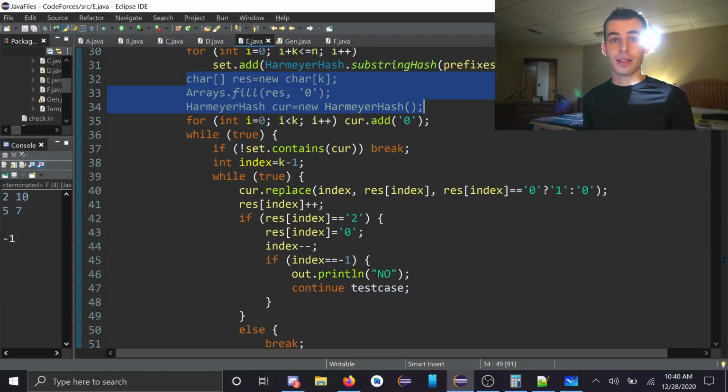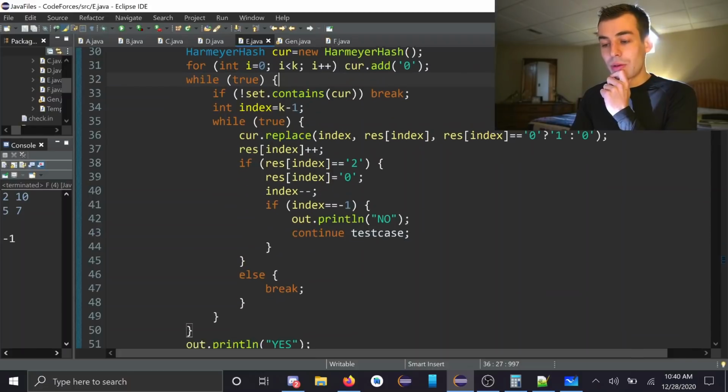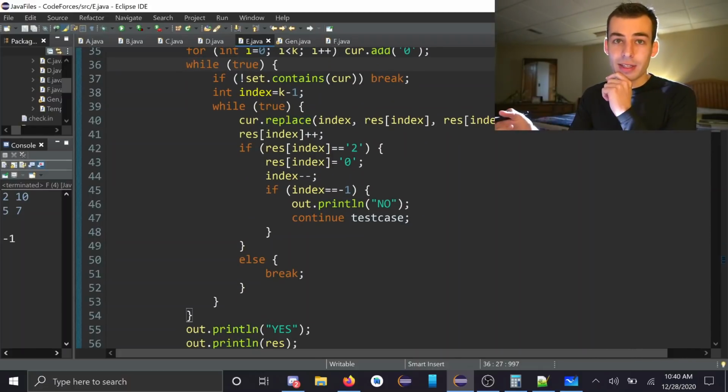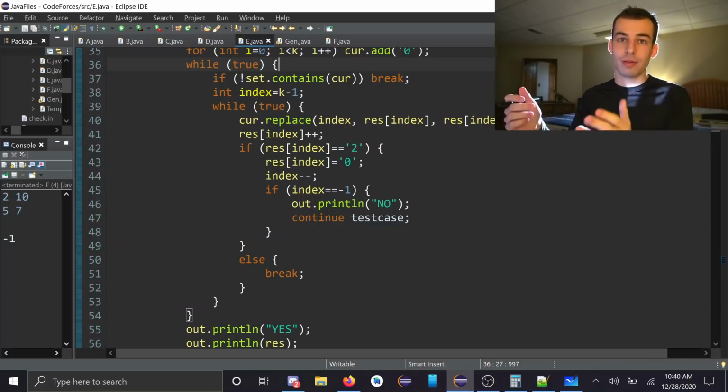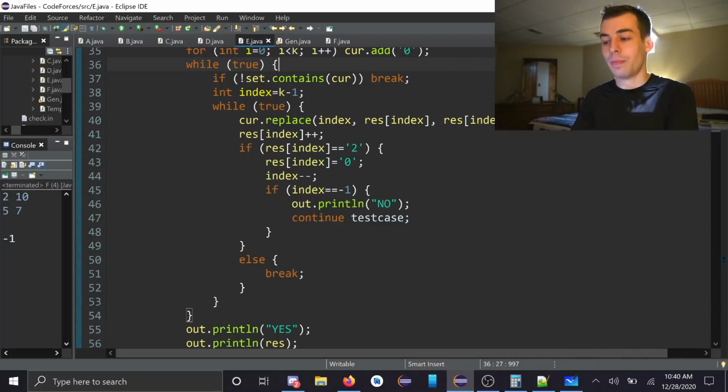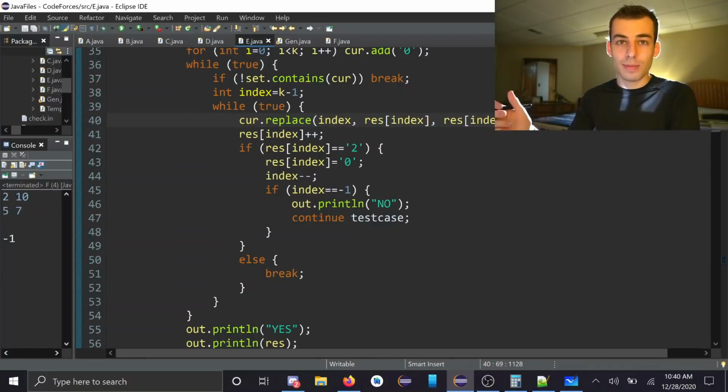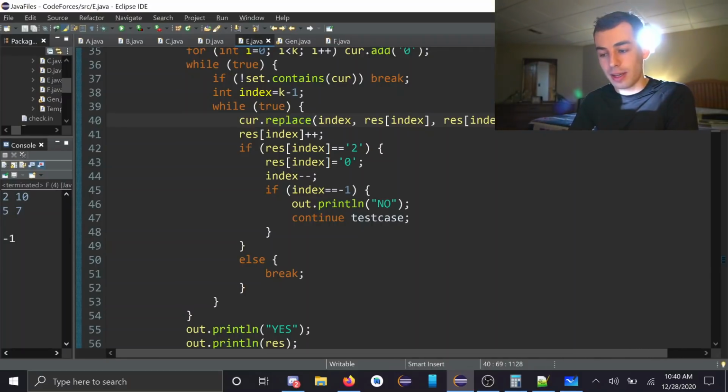I want to see if there are any substrings of length k that aren't illegal. That's what I'm looking for. So initially I start with all zeros, and then repeatedly I'll increment the least significant digit and then propagate that over as I need to in order to add 1 to the number. So I repeatedly add 1 to the number, and I just flip this bit, and then if it was a 1, I move over left 1, flip that bit, and I keep doing that until I run